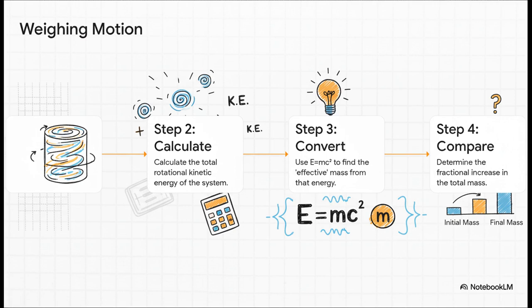First, you model the system, our perfect idealized cylinder of fluid. Then, you calculate the total rotational energy. You do that by basically adding up the kinetic energy of every single little particle. And third, you take that grand total of energy and you plug it right into our old friend E equals mc squared to find its effective mass. And bam, that gives you the exact amount of mass added purely by the motion.